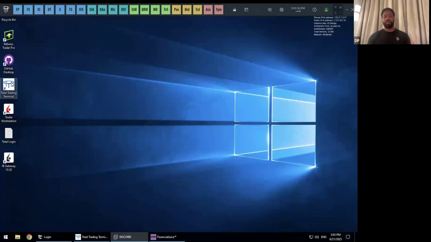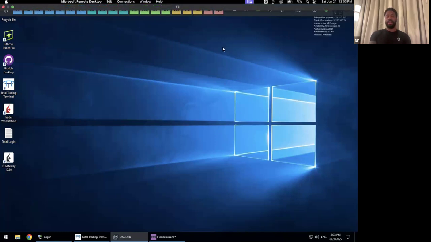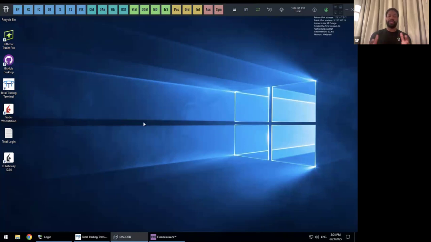Okay. So we just double clicked on the icon and brought up the platform. So this top panel here, you can see it's open as if you have nothing, right? So we can see that the platform is open, and I can see that I have set some shortcuts up here, and I can see that my Apex just automatically connected. So the first thing I want to do, most people want to do, is to get some data because none of your charting data